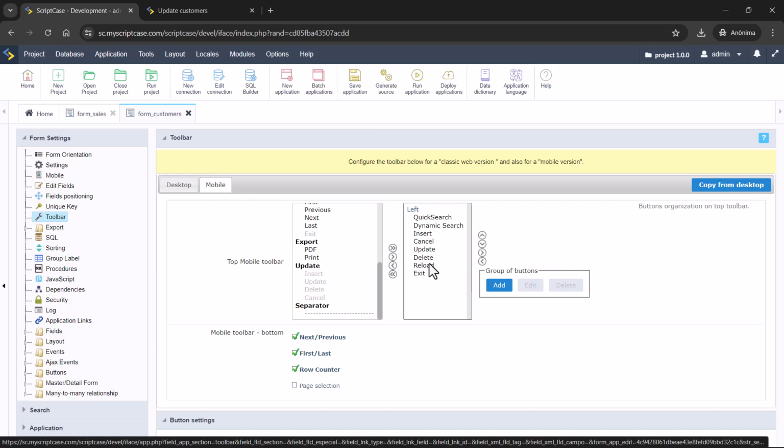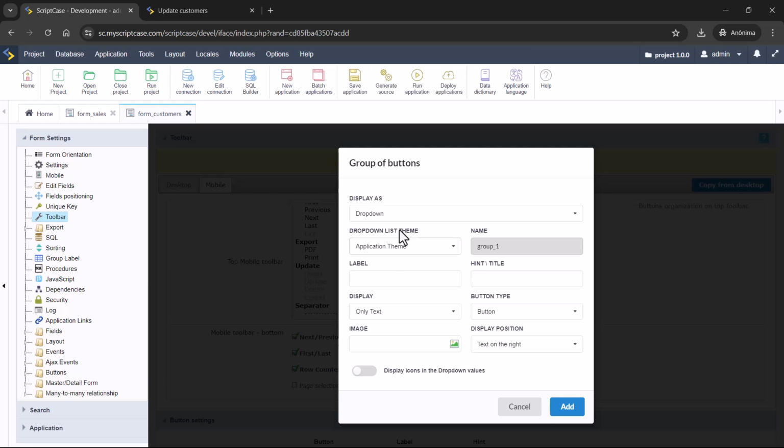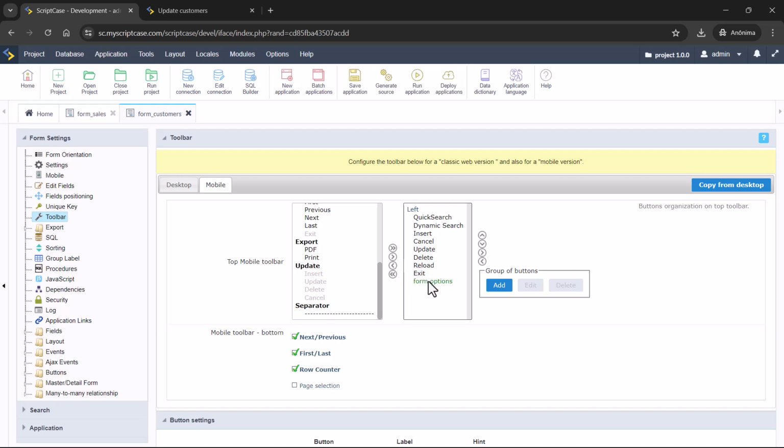For example, I can add one option with a drop down with form options. Then we can add, and it can be only an image, for example. So this is a group, and I will choose the buttons to group.